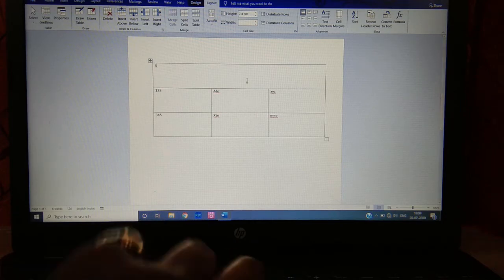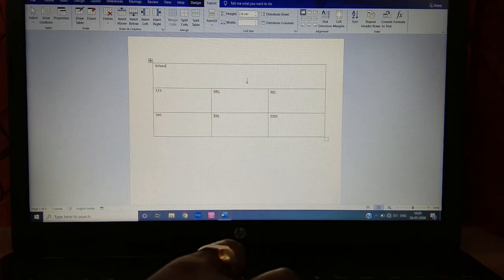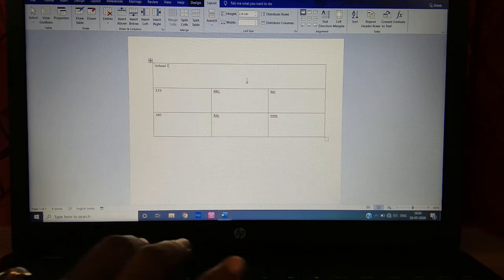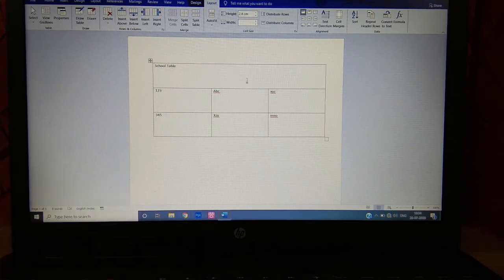Suppose we are writing the school table and we want to put it in the center. For this we will click on this layout option. Next we will choose this align centered option.